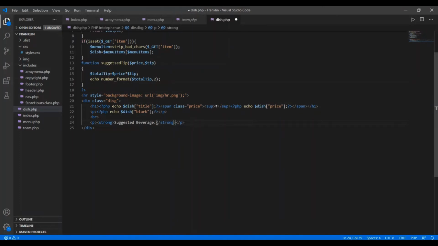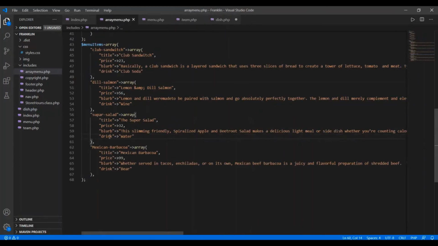So here I'm going to paste it, and here I have to give the value as a drink. I think we have given the same variable. Oh yeah, it's a drink.